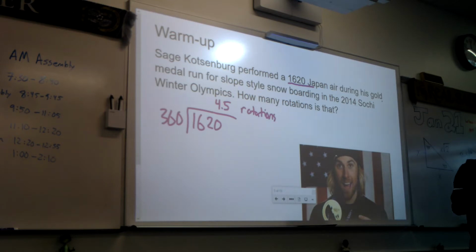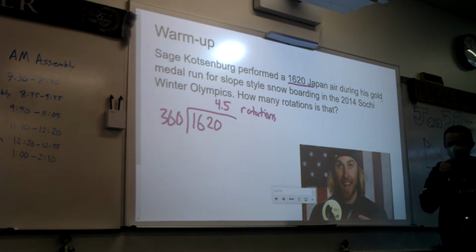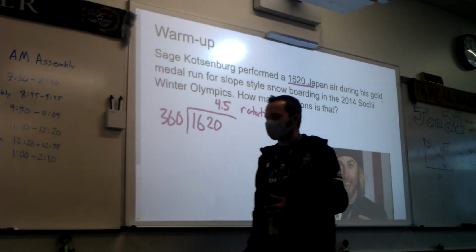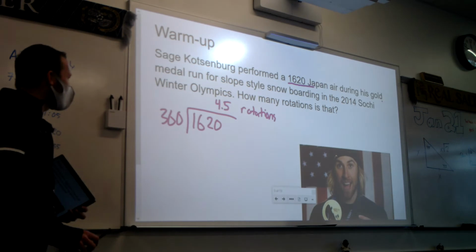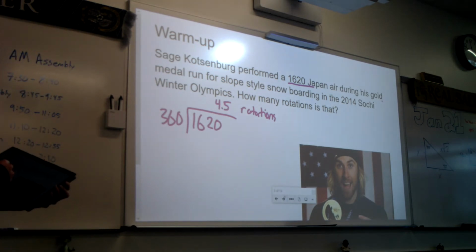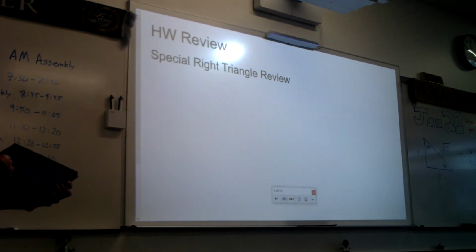What would have happened if he did 4.75 rotations? Then it wouldn't be a 1620. What would have happened to him, though, with his landing? He would have fallen. Yeah, not cool. So you've got to time those things. Good for him. All right, what we're going to be talking about today is rotations and angles and things like